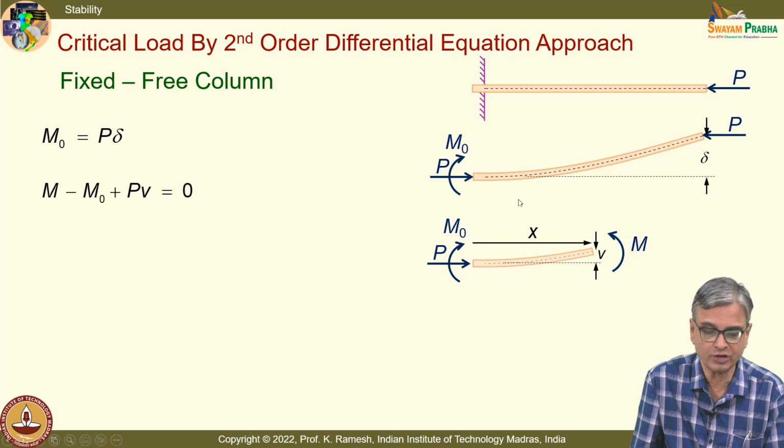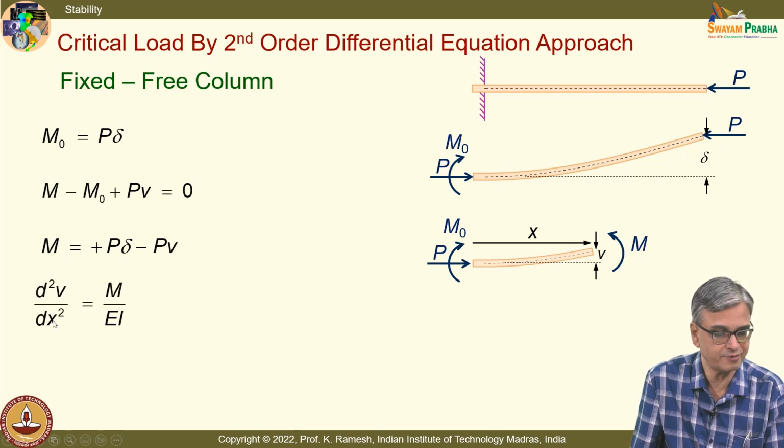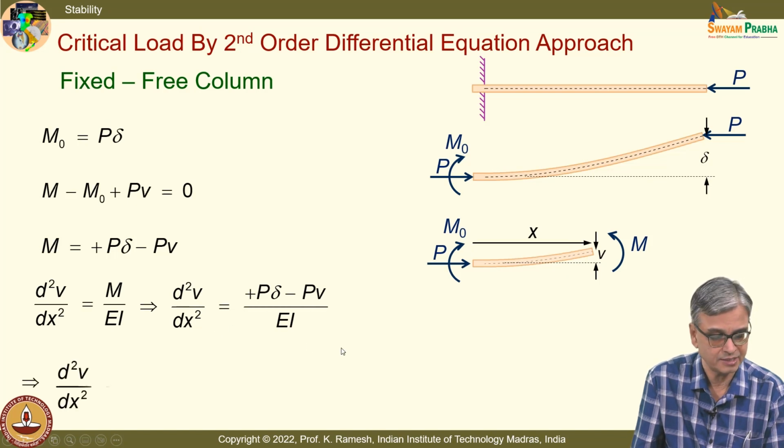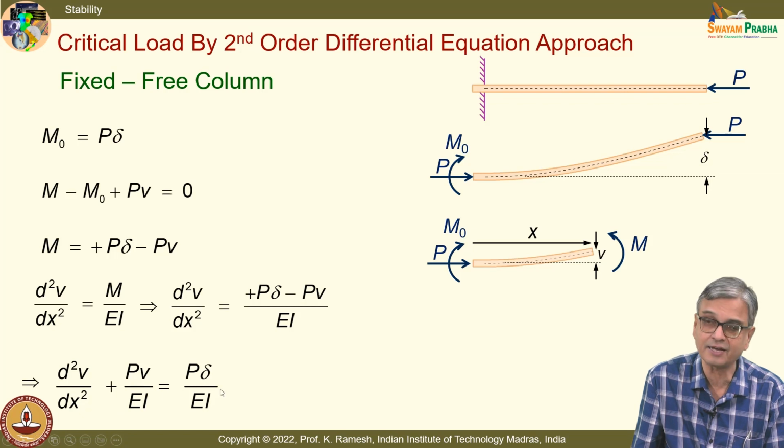So, if you write for this free body diagram, M minus M naught plus Pv equal to 0. So, this reduces to M equal to P delta minus Pv, and then you have d squared v by dx squared equal to M by EI, which we have learnt in deflection. So, d squared v by dx squared equal to P delta minus Pv divided by EI. So, I can get d squared v by dx squared plus Pv divided by EI equal to P delta by EI,